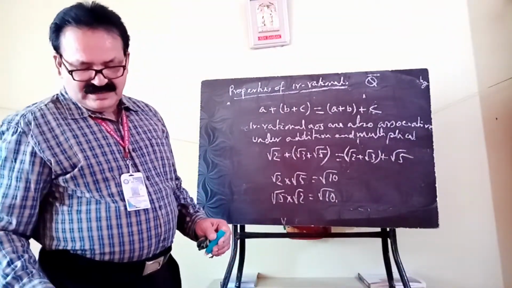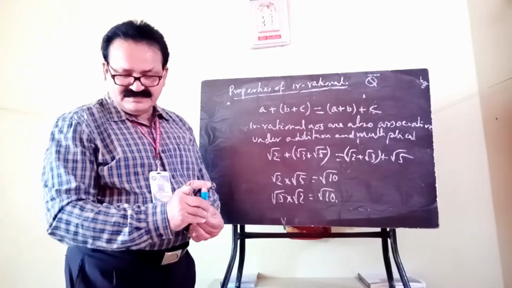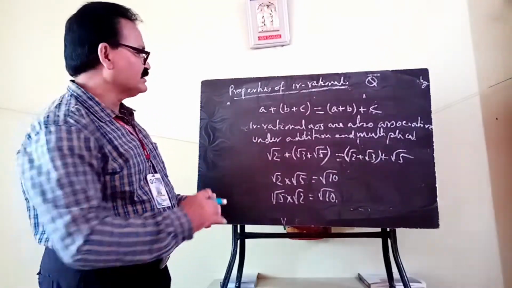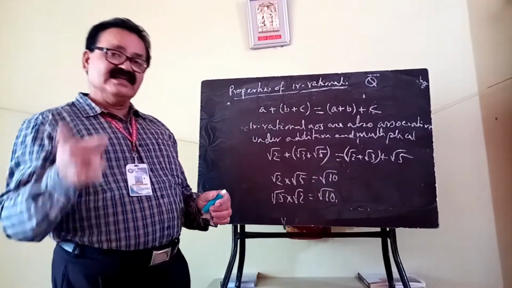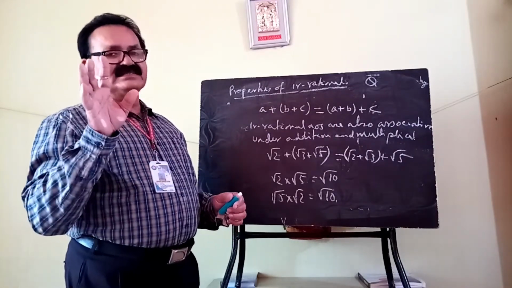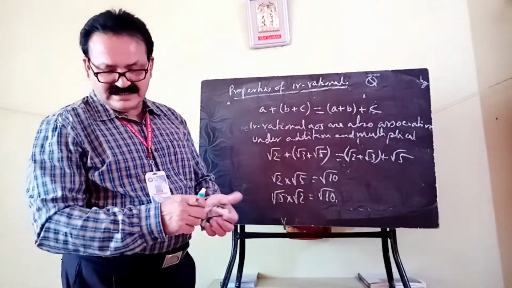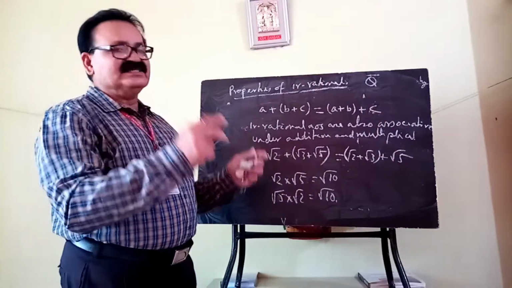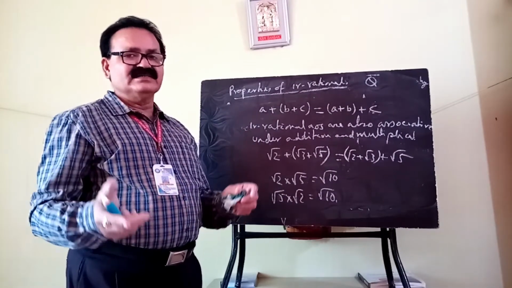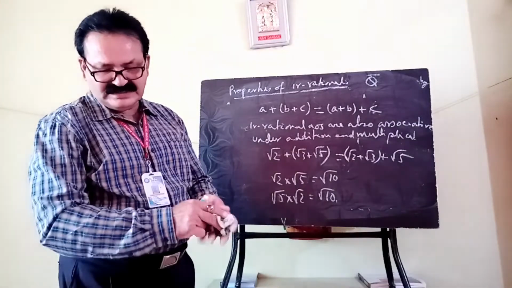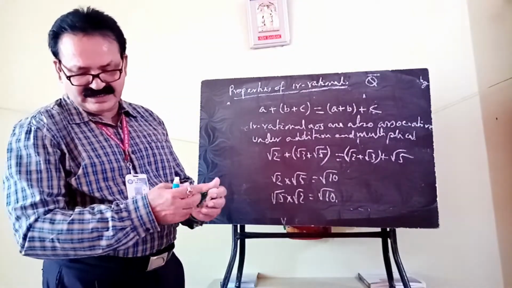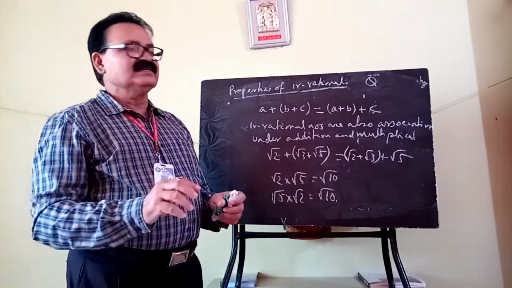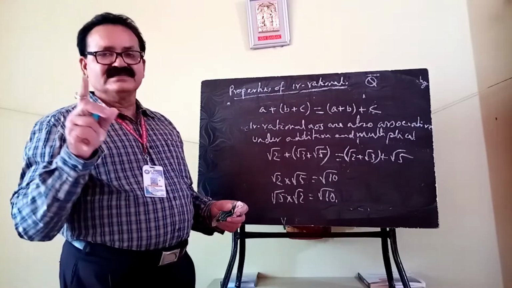Okay. Another thing is, there is no additive identity in irrational numbers. There is no additive identity in case of irrational numbers, but in case of rational numbers there is an additive identity. You know very well that if you add 0 to any rational number, it will remain a rational number. So 0 is the additive identity for rational numbers. But if we consider irrational numbers, then there is no such additive identity.